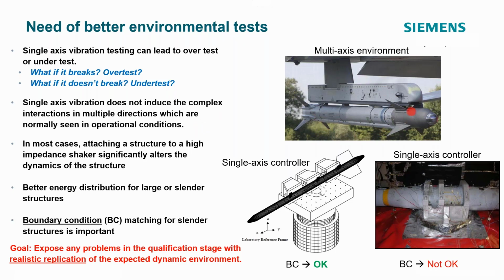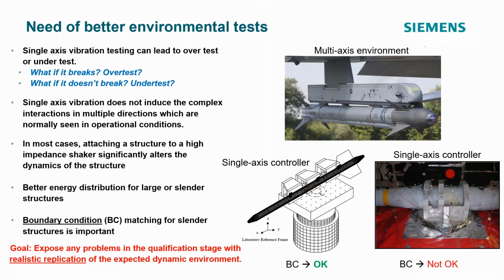If you look at this structure over here, the way this missile is mounted in its rack, and how you're replicating that in the laboratory with a single axis controller, it looks like the boundary conditions could be pretty close to reality. But you're shaking in this vertical direction, and it's shaking in the vertical direction, but not in exactly the same direction. Most of the vibration would probably be in the vertical direction, so there's probably a lot of lateral motion too. But again, that's multi-degree of freedom response in operational conditions, whereas you're only exciting in a single axis direction in a laboratory.